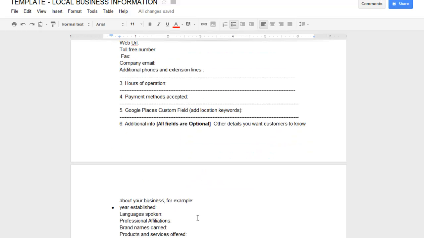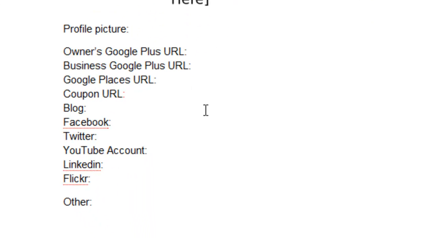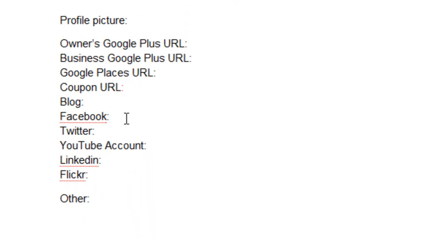Tip #2, fill out your social accounts, right? Don't say, well, I only do stuff on Facebook or Twitter, I don't need the rest. Or, hey, my business, I don't need any social. We don't do any social. My customers, they don't interact with us socially. No, don't say that. Take 20 minutes, sign up for all these accounts, put the URLs in here, and take